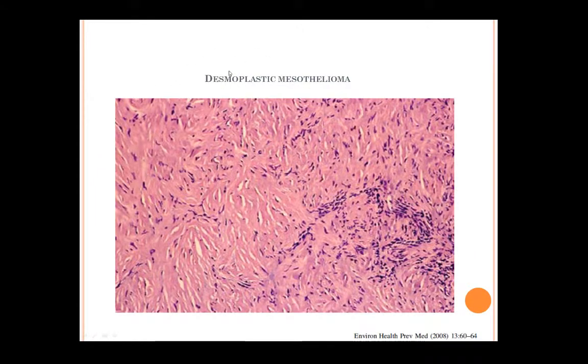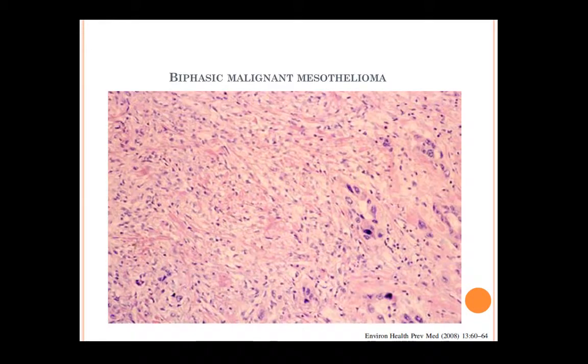Desmoplastic mesothelioma is a variant of sarcomatoid with presence of dense fibrocollagenous tissue and bland-looking cells. And as I mentioned before, this type is very challenging. The diagnosis of this type is very challenging, especially on needle biopsies, and it's only diagnosed on resection specimen based on fat invasion. And the last group is biphasic mesotheliomas. These are composed of both components, sarcomatoid and epithelioid type, and each needs to be at least 10% to be